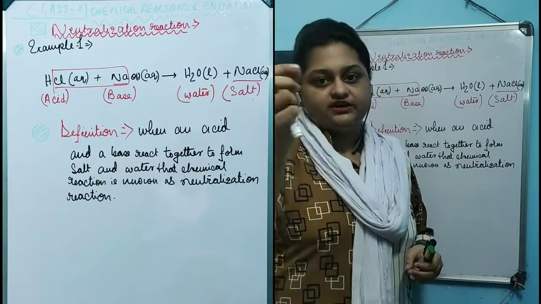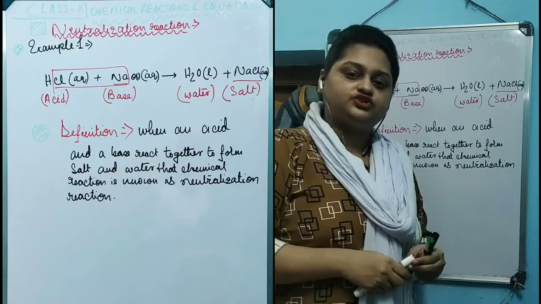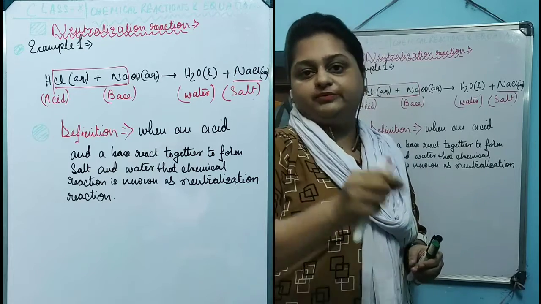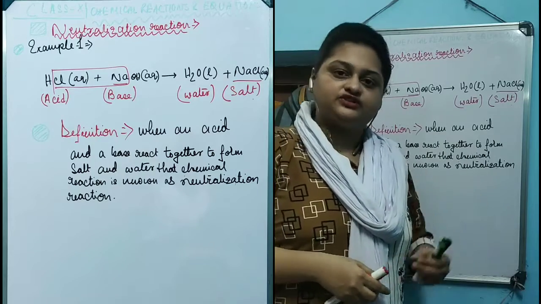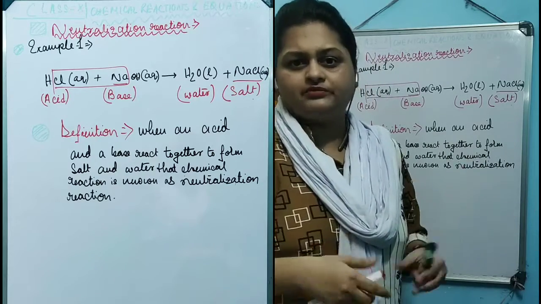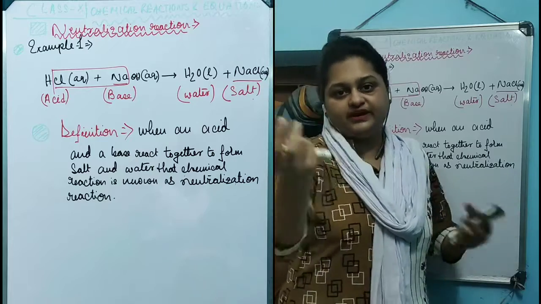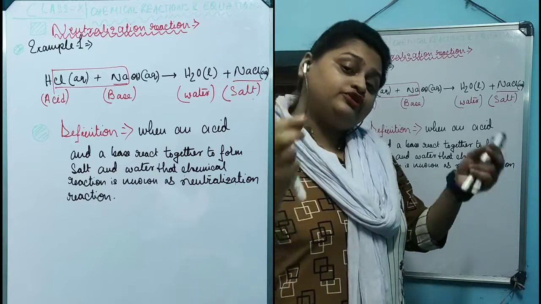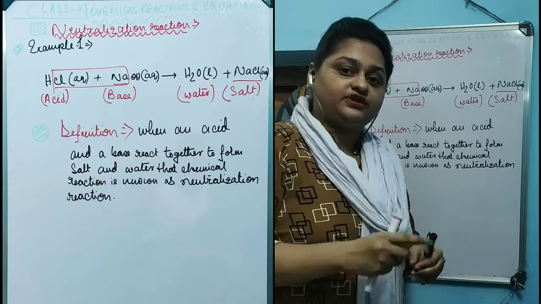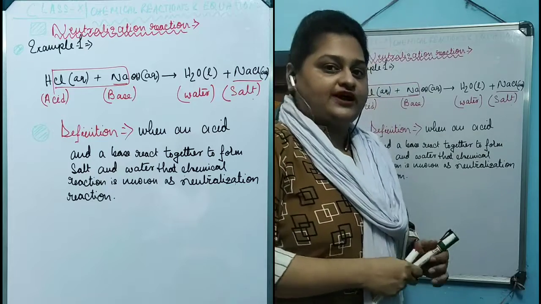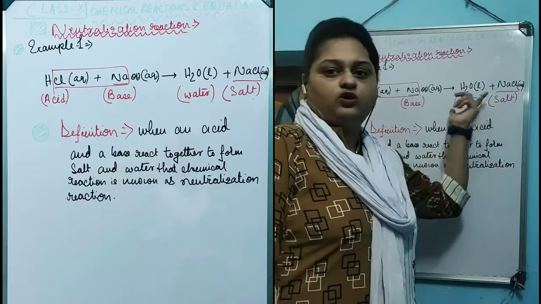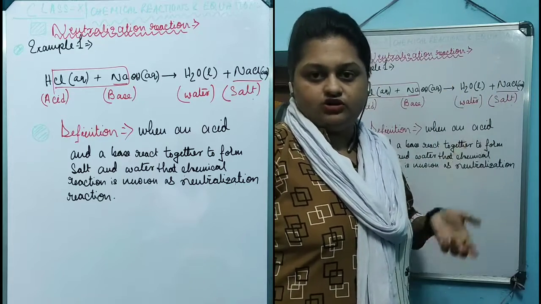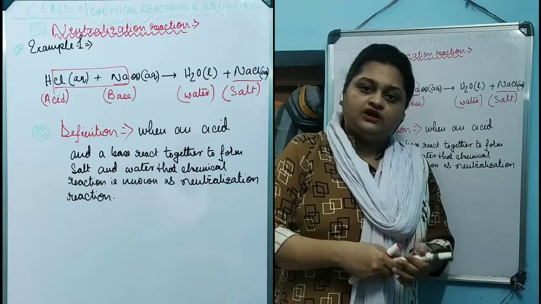When you take an acid in a test tube and a base in another test tube, the medium in test tube 1 is acidic in nature and in test tube 2 is basic in nature, as usual, because we are taking an acid and a base. But when you mix both test tubes in a third test tube, you will find that they react and form water and the salt of the corresponding acid and base.